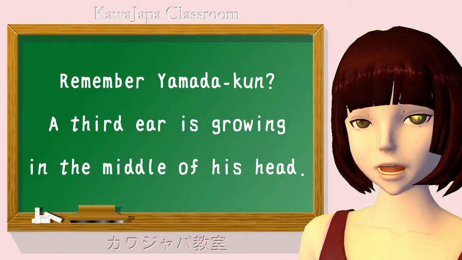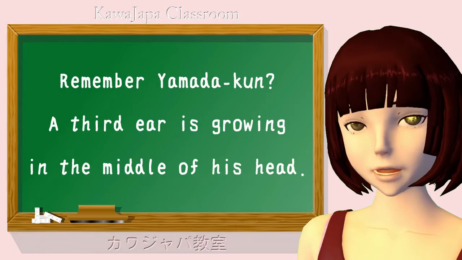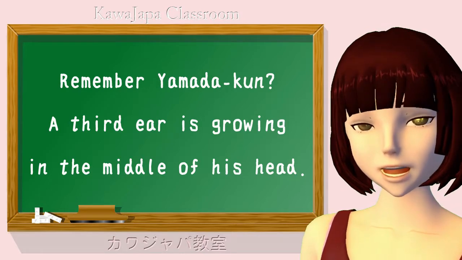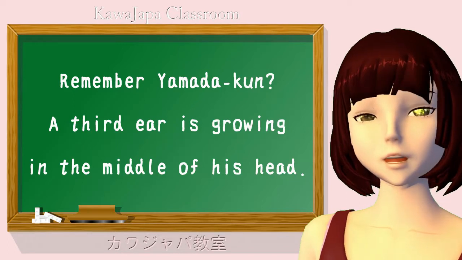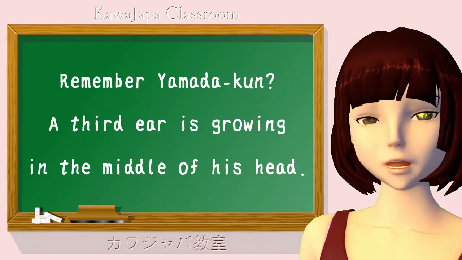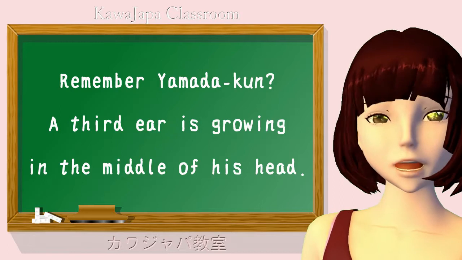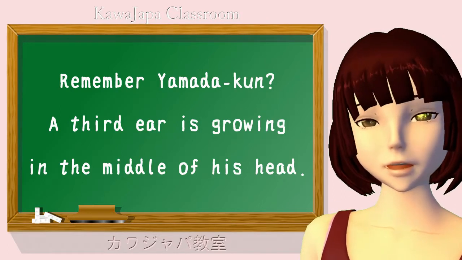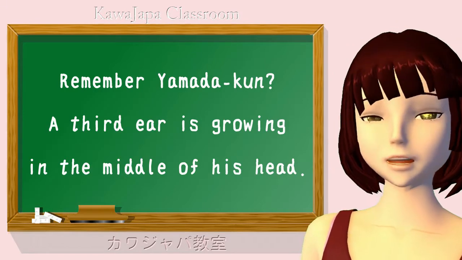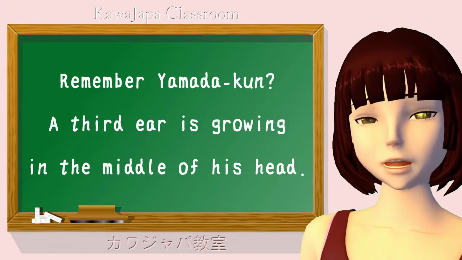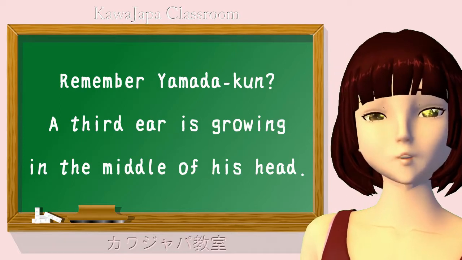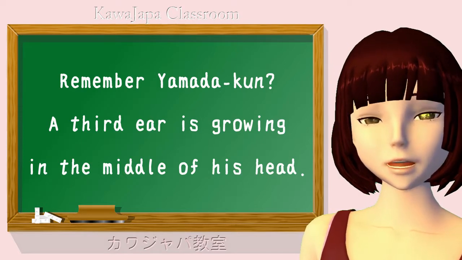So here we have several functions of wa, and they are all clearly tied up with the way wa works as the non-logical topic marker of the sentence. They are not a set of random different functions that wa just happens to possess and we just have to learn. They are all logically connected with what wa is and how wa works.